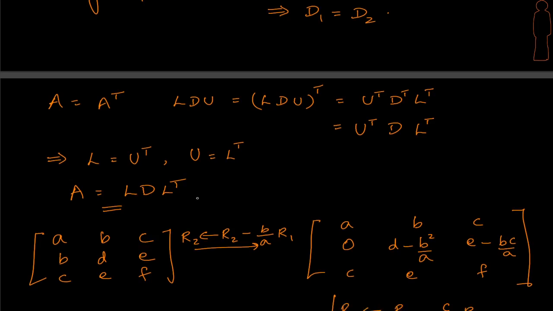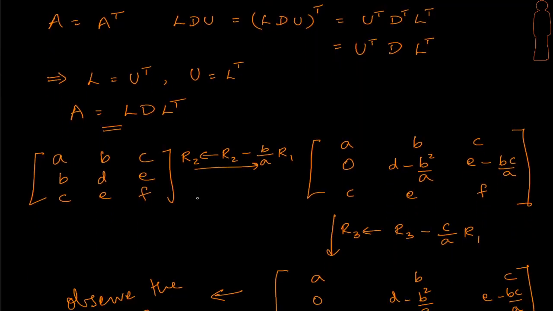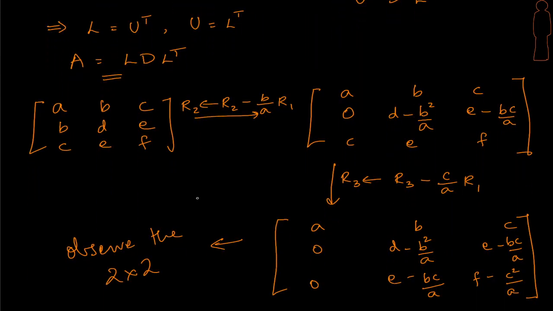Not only this, with symmetric matrices the computation does become a little easier if we assume a generic 3 by 3 matrix of this form. Please observe that we have taken a symmetric matrix here. You see that these values are the same. You can see the C and C and also the E and E are the same. Symmetric matrix, let's apply the row transformation.